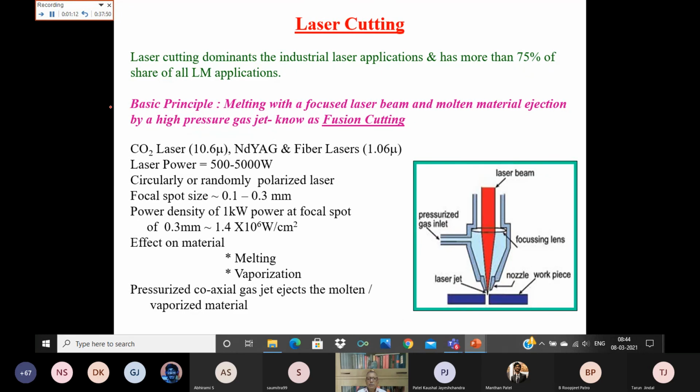Now, coming to laser cutting, this process dominates